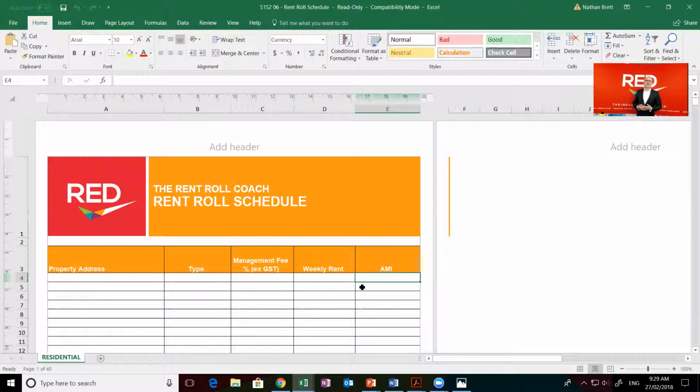Now, once that is done and pulled into this schedule, we would then suggest that you sort the AMI from lowest to highest. The reason that we encourage you to do this is because any properties that have a 0 AMI sitting in there indicates we've got a problem. It means there's no weekly rent for that property or there's no management fee that's being charged. And what that will do is alert us to go and investigate, or manage by exception,